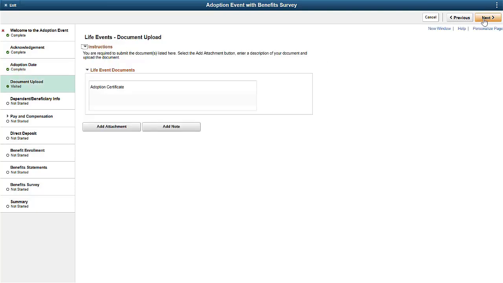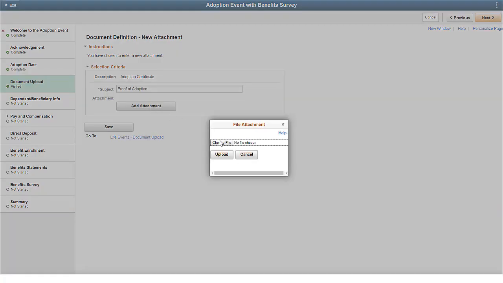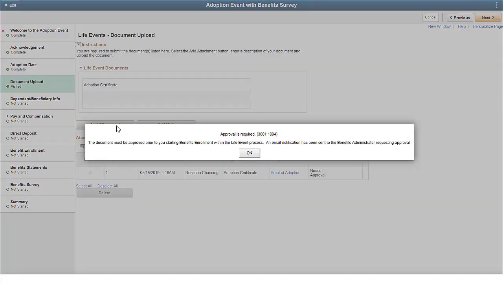An adoption event may require the user to submit proof, such as an adoption certificate, and obtain approval before changes can be made to the benefit plan choices. Let's use the Add Attachment button and upload a proof document. Because we are requiring approval, the employee cannot actually make benefit enrollment changes unless the benefits administrator has approved the